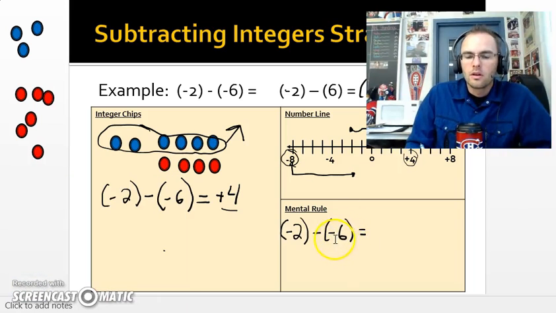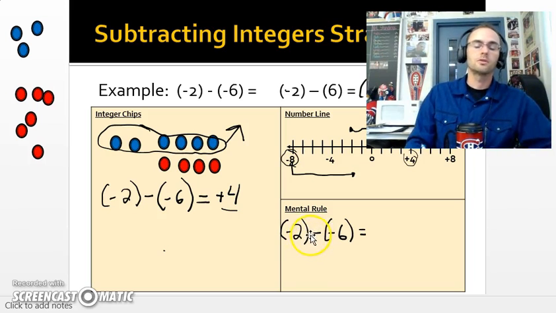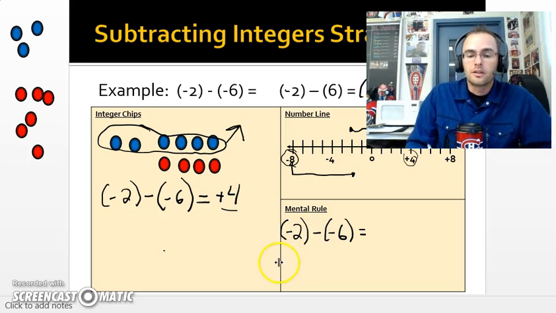All right, now using mental rules. The rules of subtracting integers, if you're familiar and you feel comfortable with adding integers, this is actually very easy. You don't have to learn other rules because the mental strategies are the same thing as adding integers. Here's the key thing you need to do. When you are subtracting integers, all you have to do is change your question to an adding